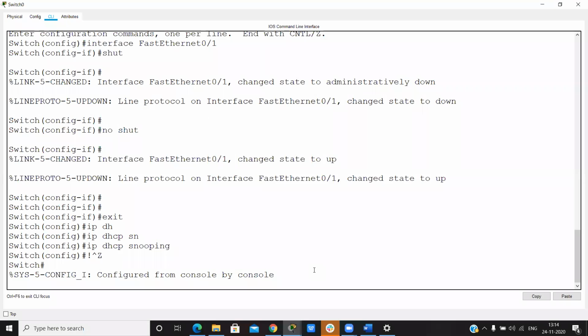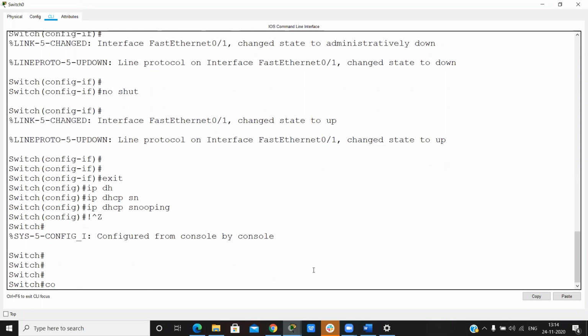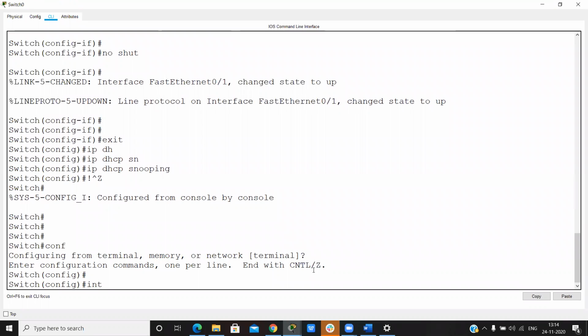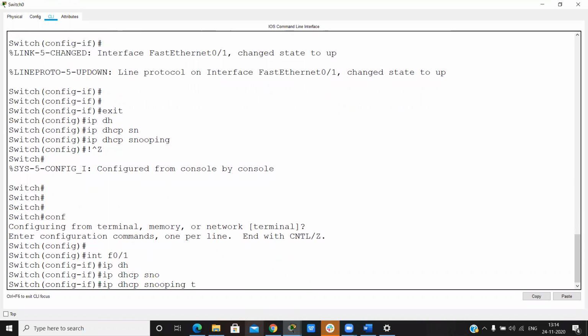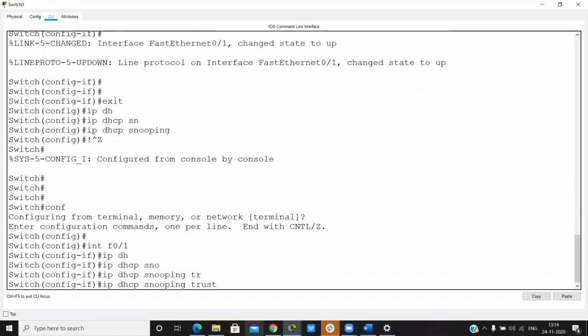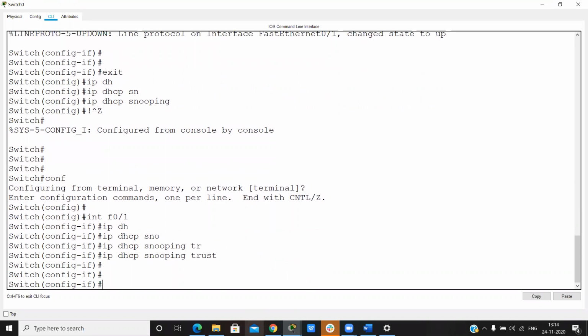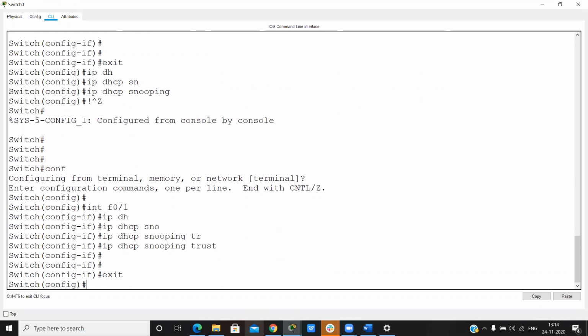For this, we have to go to the interface which is our trusted interface, F0/1, and here we say IP DHCP snooping trust on this interface. Okay, and we have to disable the DHCP option 82 also.